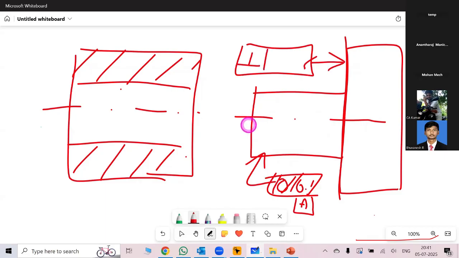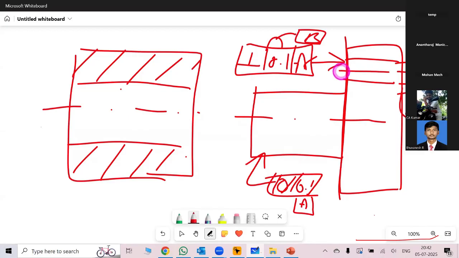Like this, we have to establish datums. So I control one feature, then take that as a datum. With reference to that datum, I control this. Now suppose there is a hole here. Then I have to take this as another datum. I can give positional tolerance to this with reference to datum A and datum B. Like this, step by step, we have to establish it.